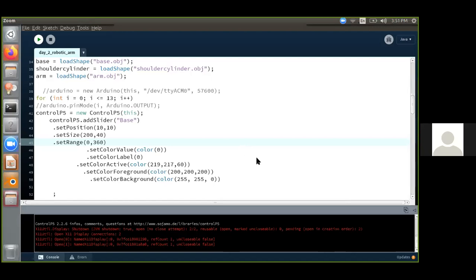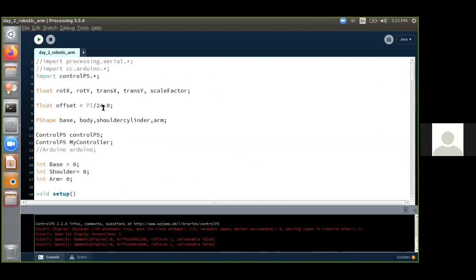Sir, my screen is displaying that the buffer objects are not supported. What can I do, sir? Did you install the ControlP5 library? Yes, sir. Which version of Windows are you using? Ultimate, sir. Windows 7 Ultimate.